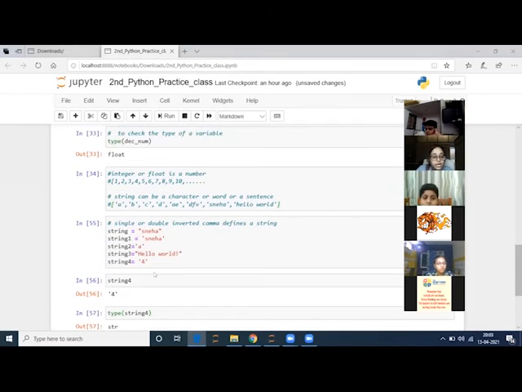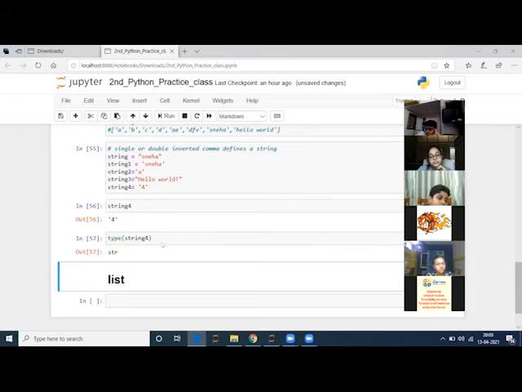Ma'am, but if we are a shopkeeper, then what is the use of these? Now when somebody comes to you telling that these are the 5 products which I need to buy from your shop, the first thing you will do is ask them, sir, please give me your number, or ma'am, please give me your name, I want to know your name. So this name will be in which category? What is the data type for name? String. Right? And phone number?